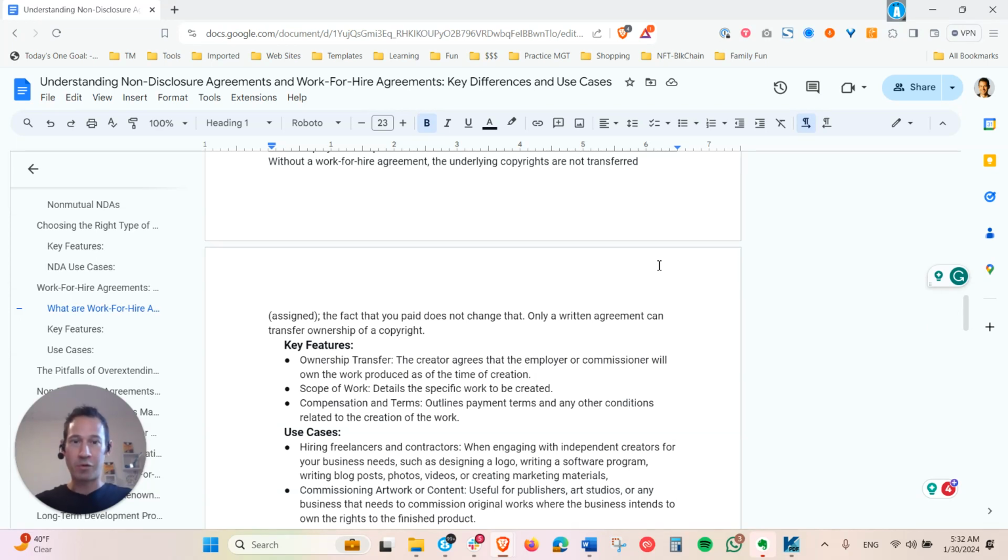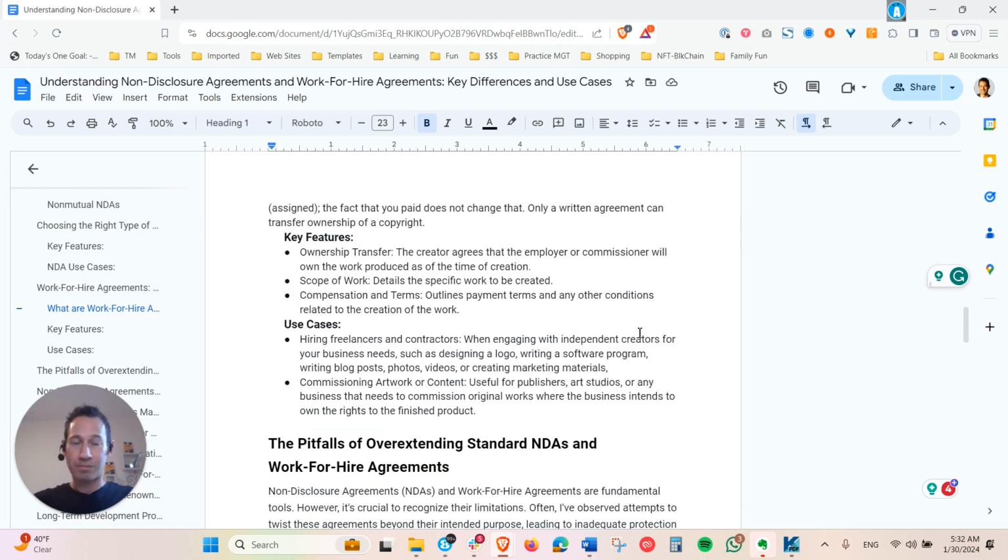It doesn't matter that you paid them. It's whether or not they transferred ownership of the copyright to you. So a lot of clients come to me and say, hey, we paid that person for it, we own it, but that's not the case. You might have an implied license to use that logo or whatever the independent contractor created for you, but if you wanted to change that logo around in the future, change that blog post around that independent contractor created for you, you really need the right to create a derivative work of that, which would be covered under a copyright.